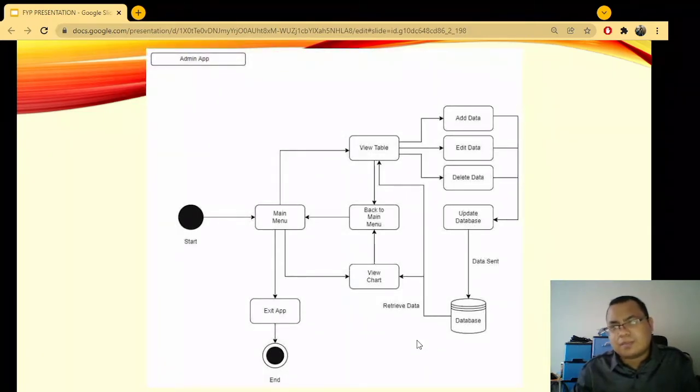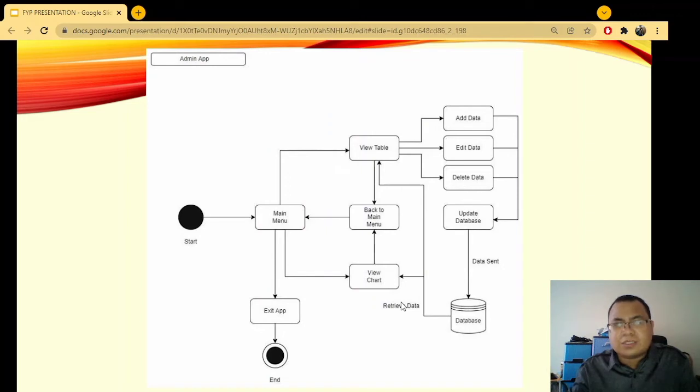The admin app has a little bit more functionalities compared to the user app, as it needs to be able to assist the legal aid services in viewing and analyzing the data properly. The flow starts at the main menu. When a staff opens the app, they will be presented with three options, that is view table, view chart, and exit app.